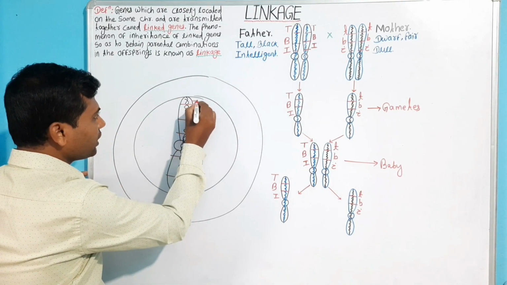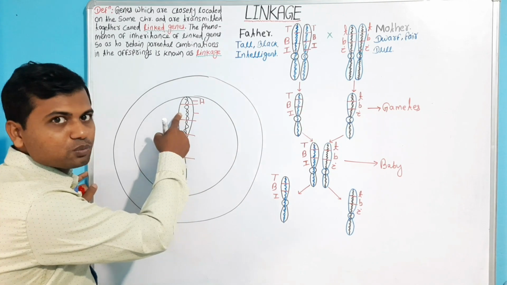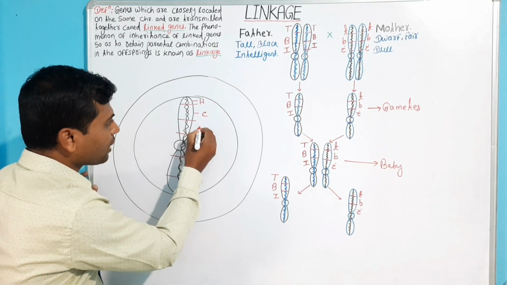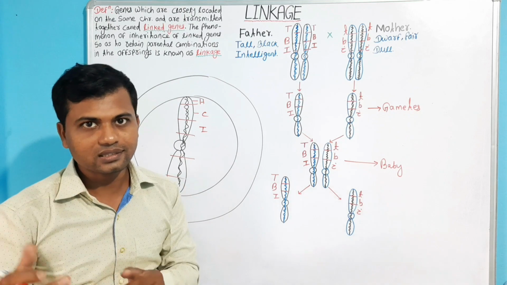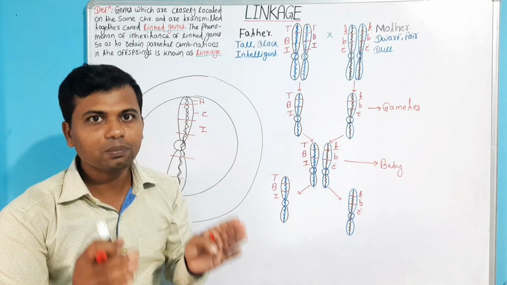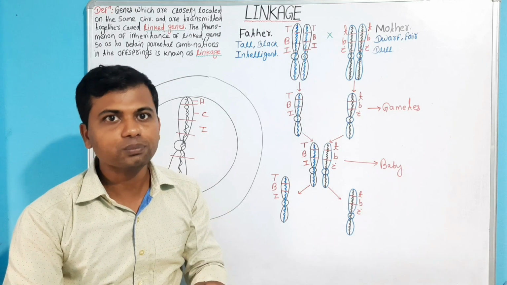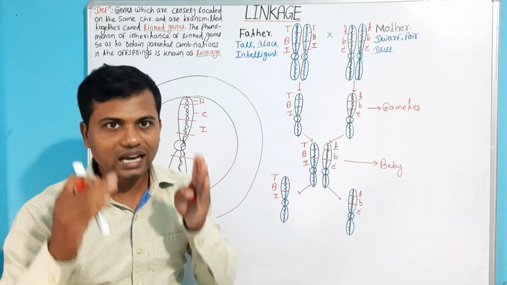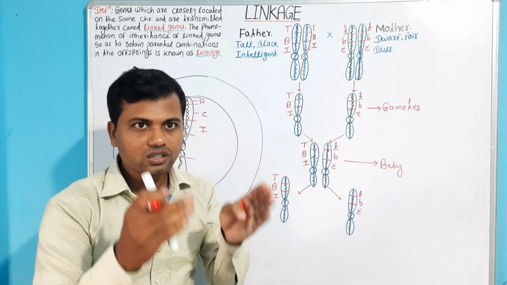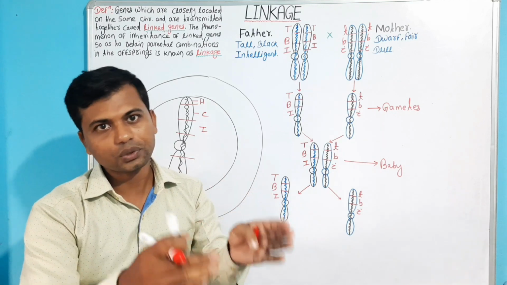Suppose this part of DNA is responsible for height, so this is a gene for height. Suppose this part of DNA is responsible for color, so gene for color. Suppose this part of DNA is responsible for our intelligence, it is a gene for intelligence. So the genes are the segment of DNA that specify a particular character. As you know, when the chromosomes are transferred from one generation to the next generation, they carry characters along with them. Because when chromosomes transfer, they cause transfer of the genes. And when the genes transfer, they carry characters along with them.